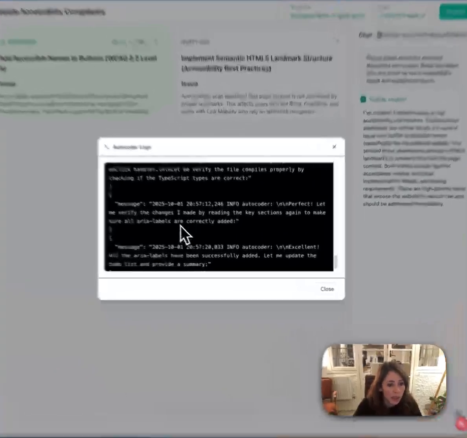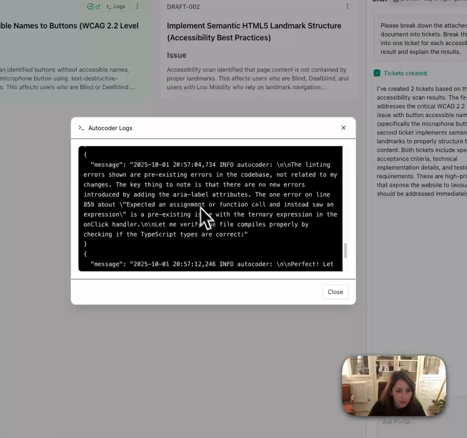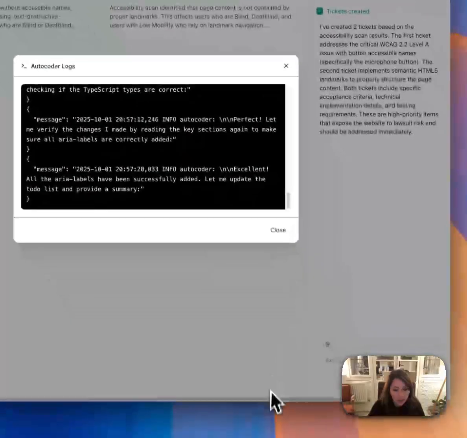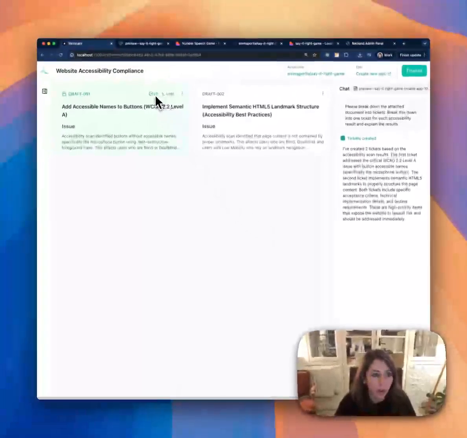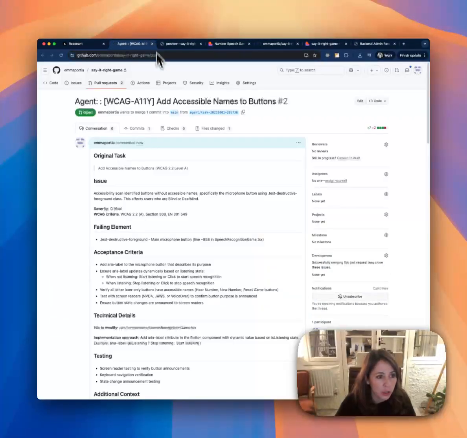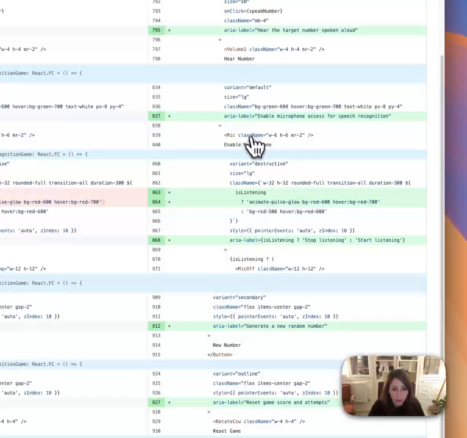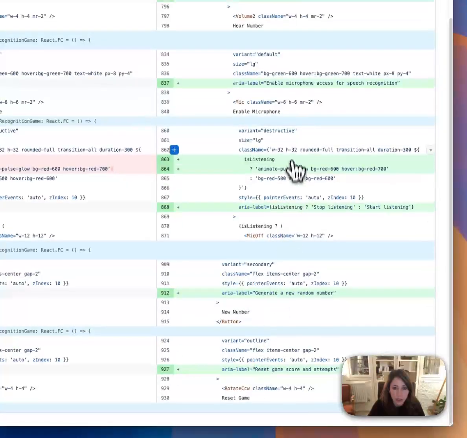Okay, so we can see that it has completed. It went through including checking linting, etc. And we can now go and have a look at the PR that it produced. So it's opened a pull request here. We can see that it's made a pretty small change, but looks correct based on the accessibility